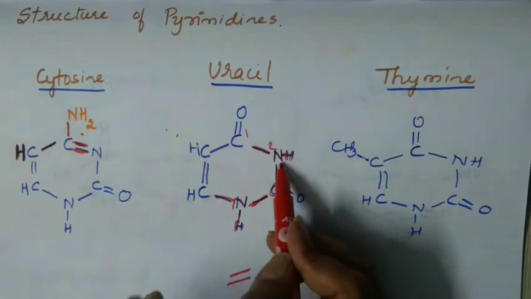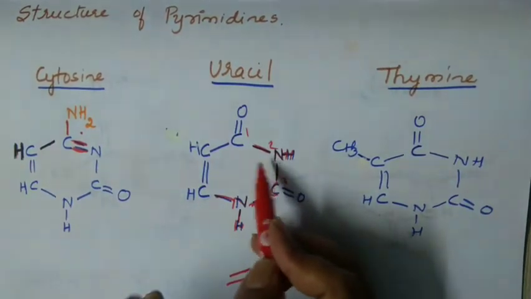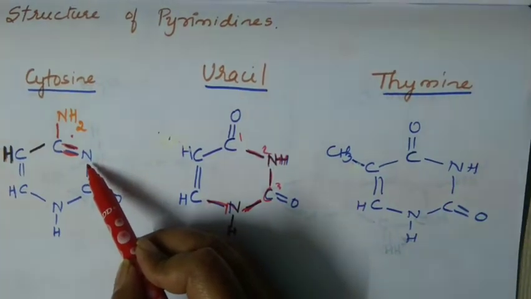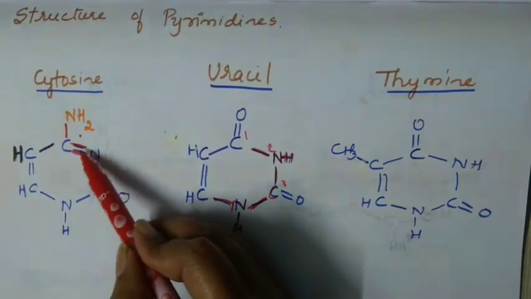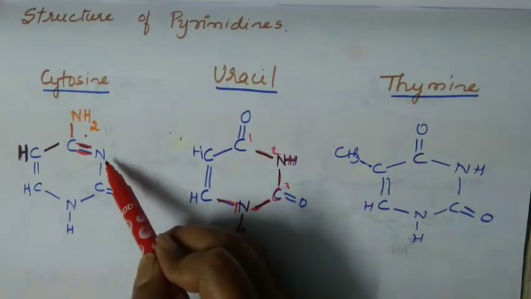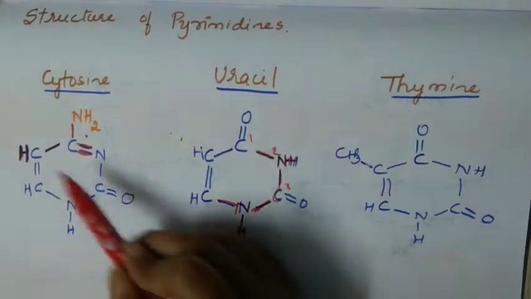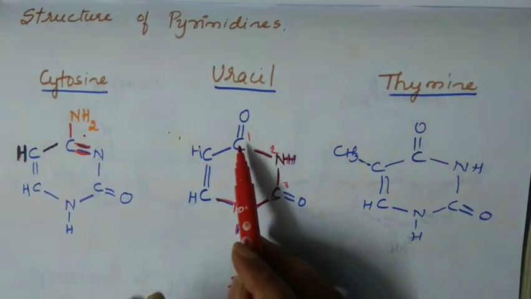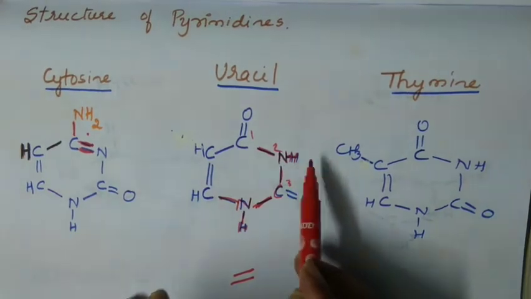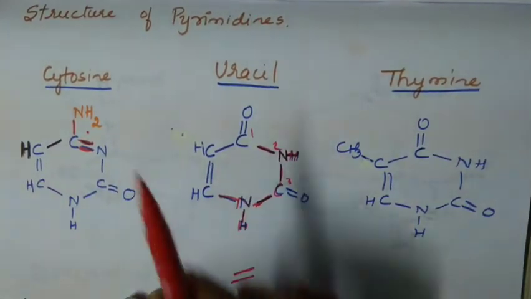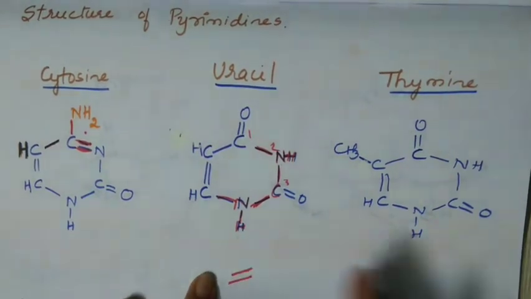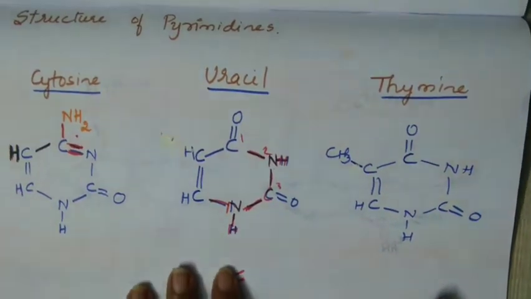Similarly you have to check for nitrogen. In uracil it was NH because you have a single bond here. Now check here. Nitrogen can make friendship with how many people at a time? 3. So 1, 2 and 3. It is satisfied. So you will not write what here? Hydrogen. Okay. And the rest remains the same. Replace C double bond O by NH2 and remove H, make a double bond here. That is cytosine.